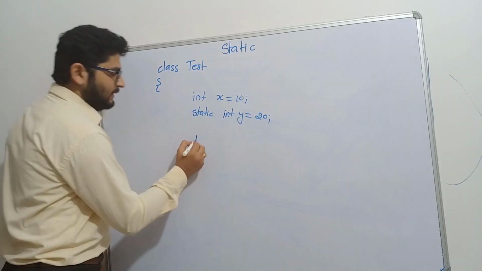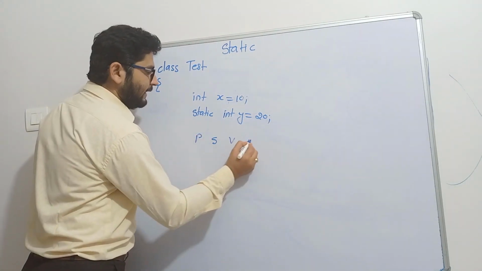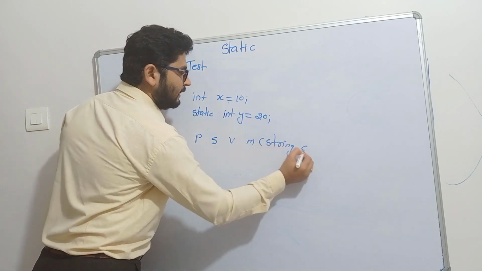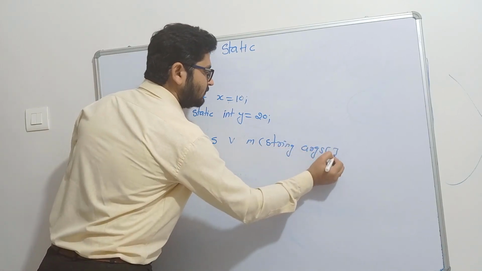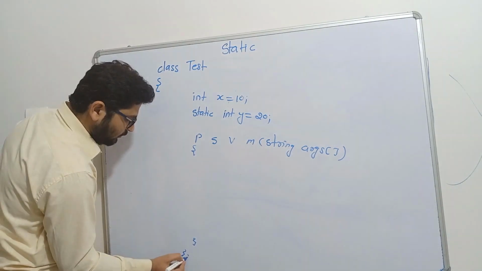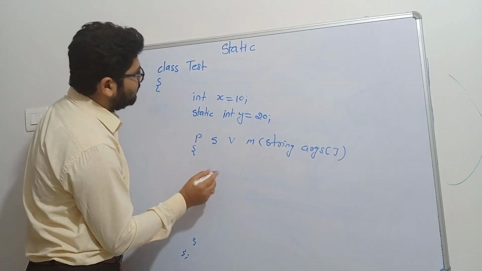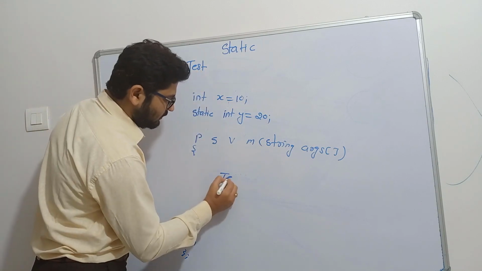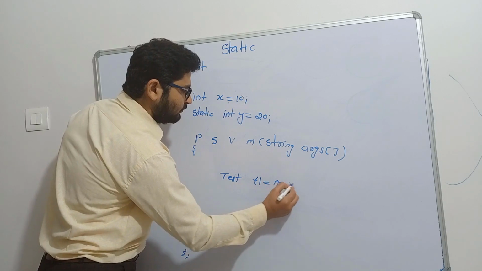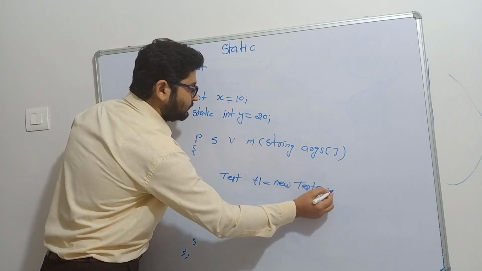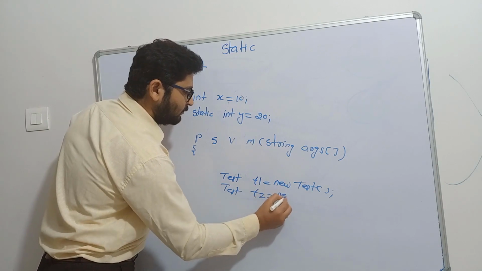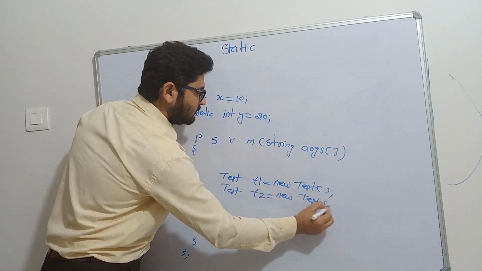Now we have public static void main(String[] args). In this program I am going to first create two objects of Test using new: Test t1 = new Test(); and Test t2 = new Test();